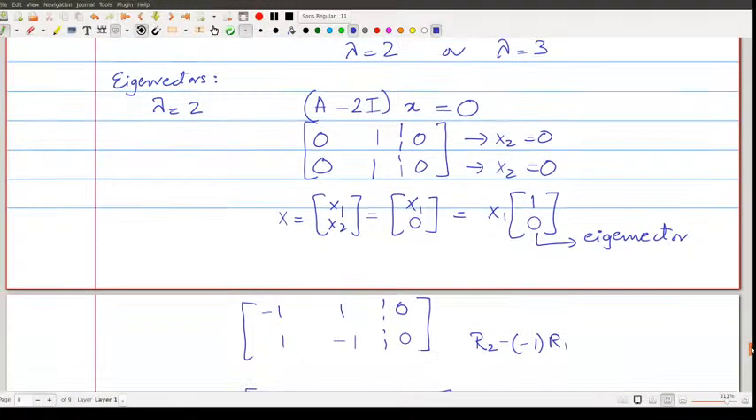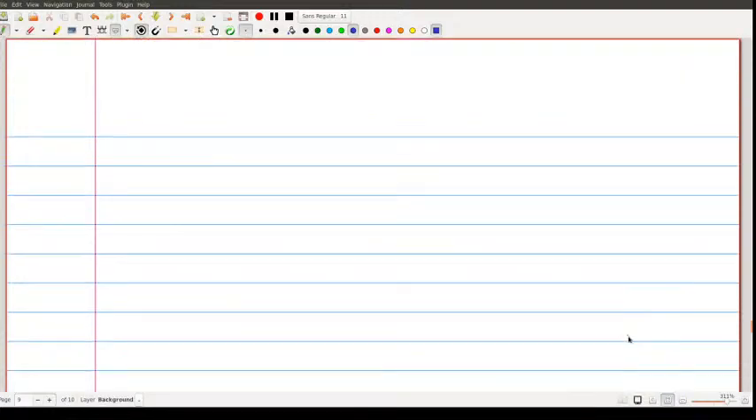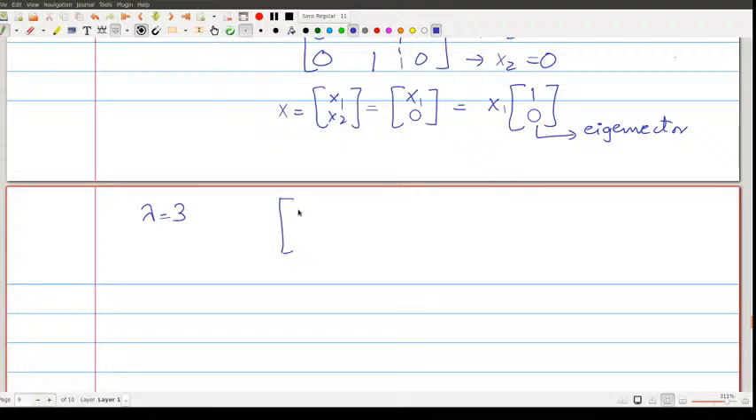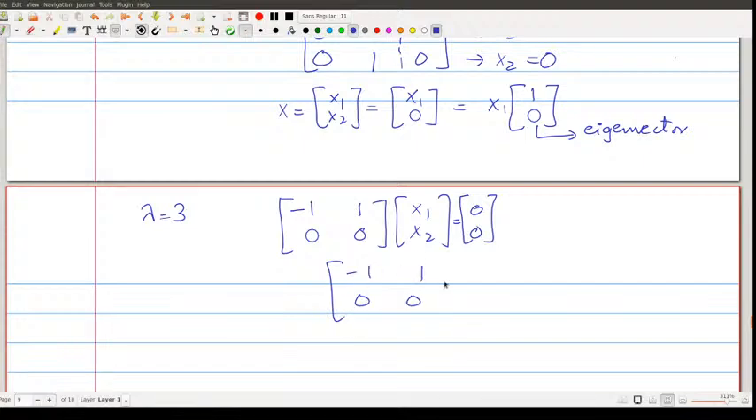And what about the second one? Let's try to do the second case. So lambda equals 3. Okay, so for lambda equals 3, we get 2 minus 3 is minus 1, 1, 0, 3 minus 3 is 0, times x1, x2, equals 0, 0. So what is the equation in this case? Minus 1, 1, 0, 0, augmented with 0, 0. This equation is 0 equals 0. Ignore that. This equation is saying minus x1 plus x2 equals 0, which means x1 is equal to